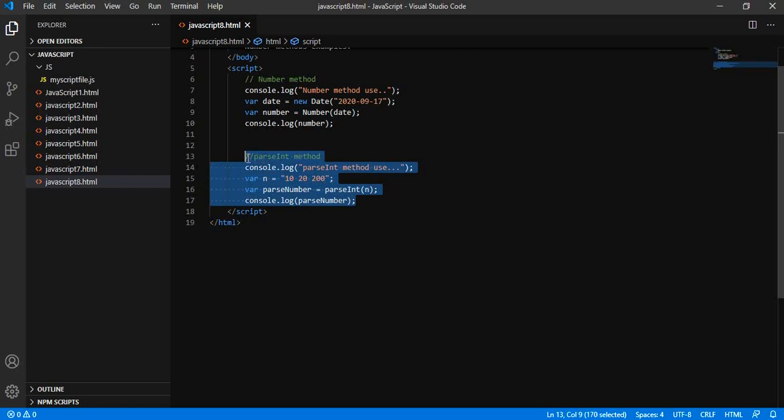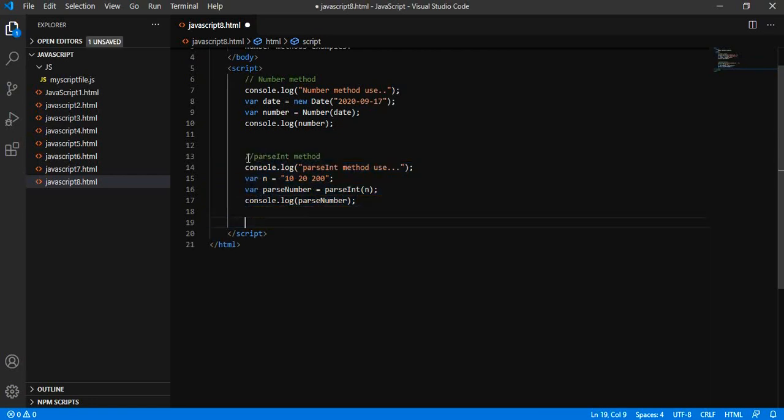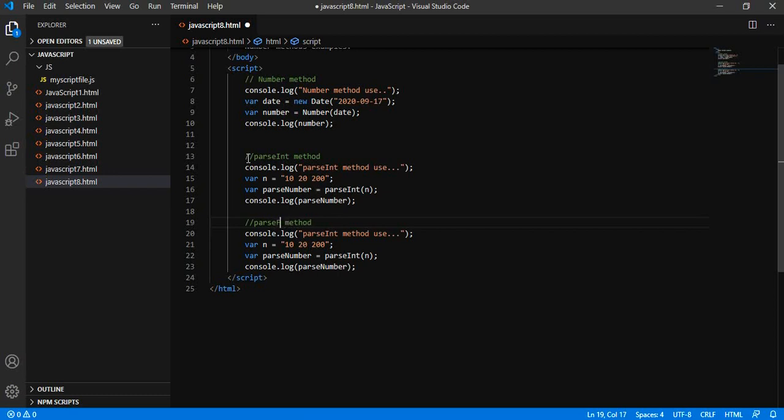Let us see the use of parseFloat. Let us say it's a floating point number.